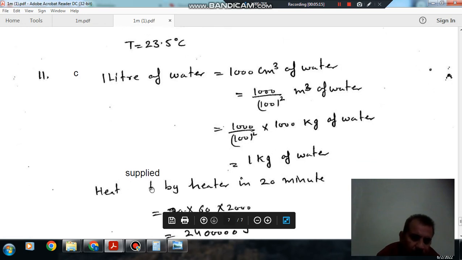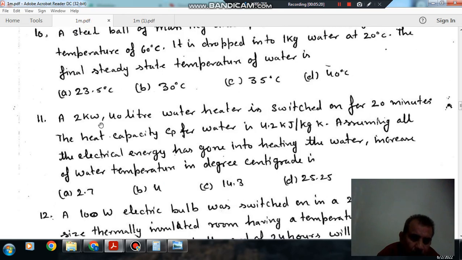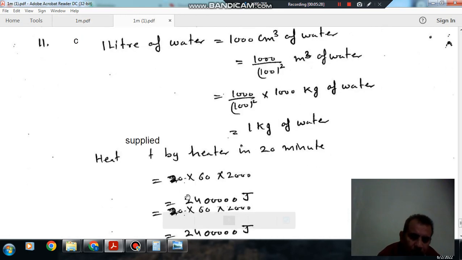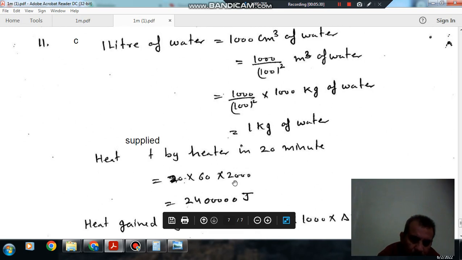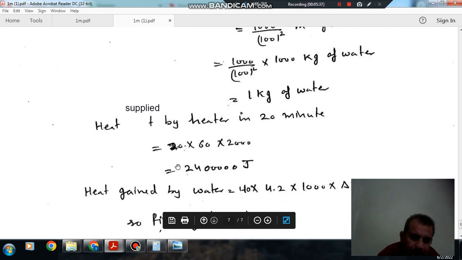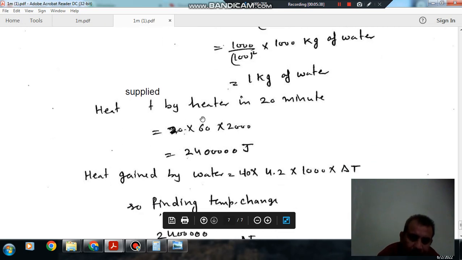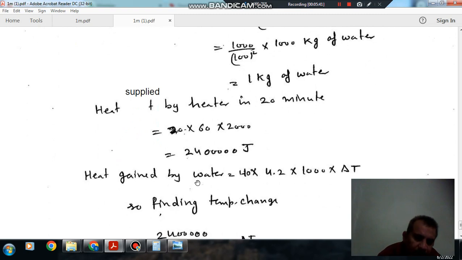Okay. So heat supplied by the heater is continuous, the wattage of the heater is 2 kilowatt, and it is switched on for 20 minutes. So 20 minutes means 20 into 60 seconds, and this is 2 kilowatt. So 20 into 60 into 2000, that is 224000 joule. So this is the heat supplied by the heater, and this heat is gained by water, as